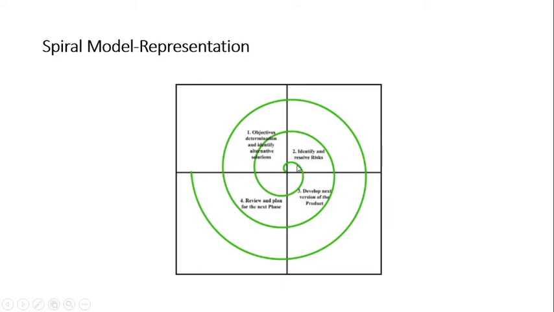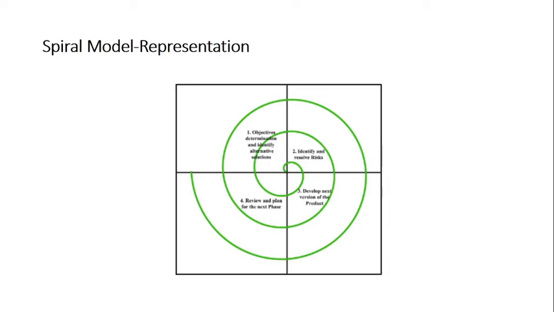Angular dimension indicates the progress. Say quadrant 1 and quadrant 2 are completed. Angular dimension is 180 degrees. We are talking about a single spiral as of now. So if it is 180 degrees, that means we can say that 50% of the work is completed, that is quadrant 1 and quadrant 2, and another 50% is left out. So we can easily determine the progress here.